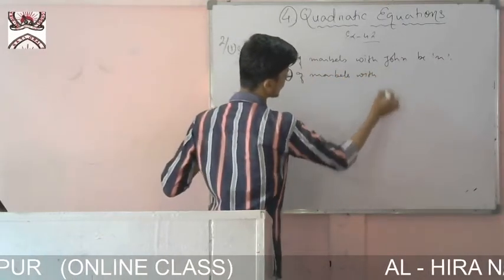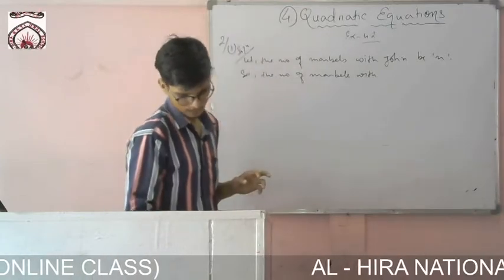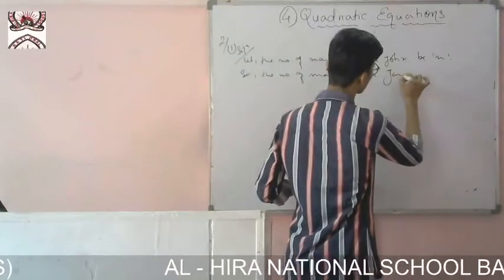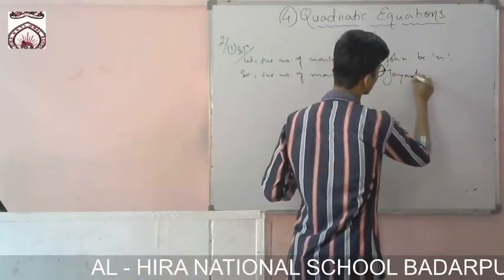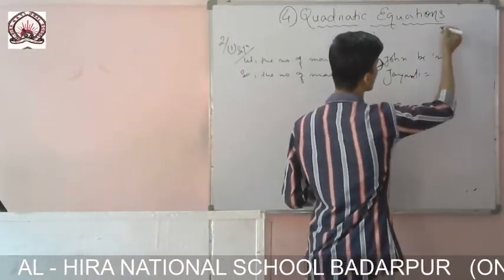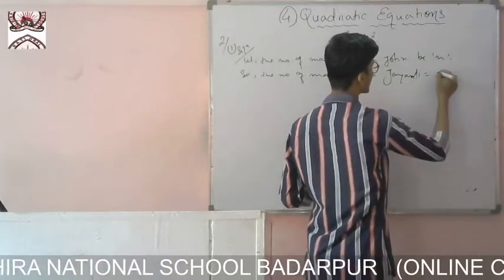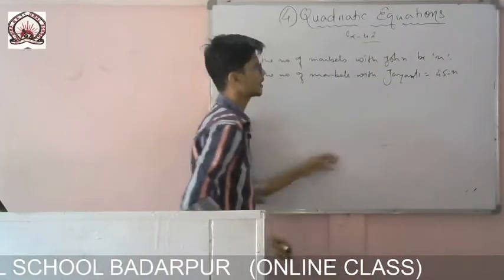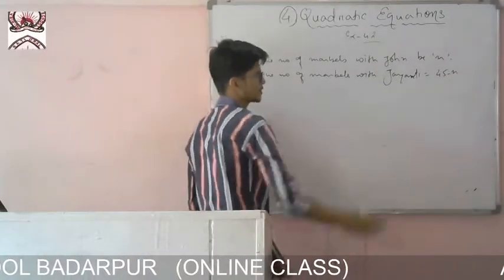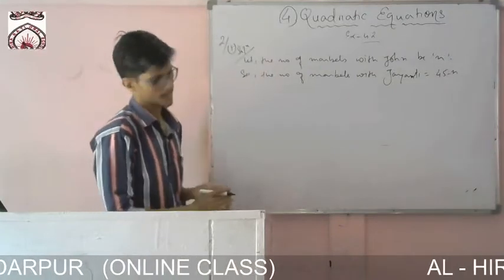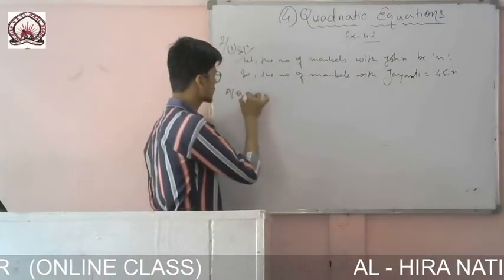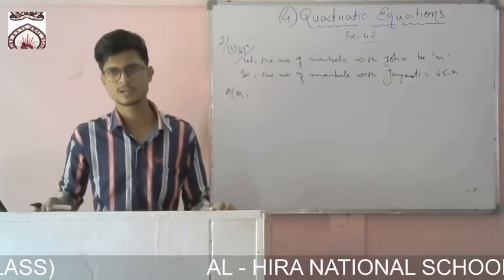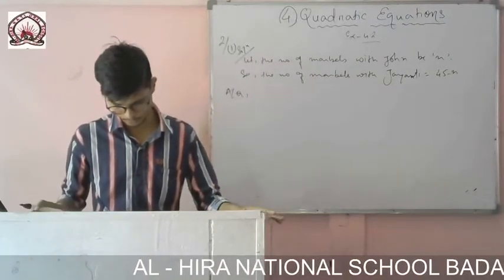So the number of marbles with another one, name is Jayanti, Jayanti will be equal to, both of them have 45. That means if one of them is having x, then leaving this x, the remaining thing will be of Jayanti. Okay, so 45 minus x. So now according to the question, what is given, directly we are writing. And we are not following how in the example it is given. It is a little lengthy also, I will try to make it short.